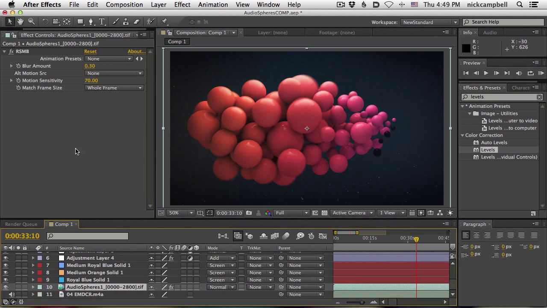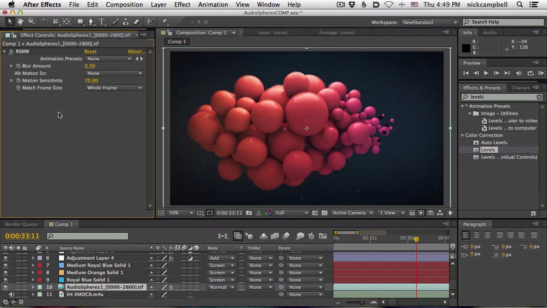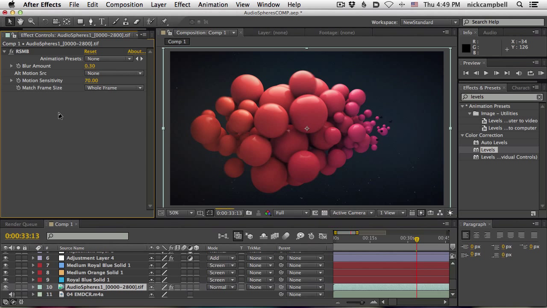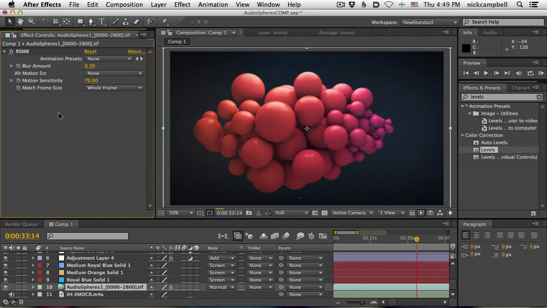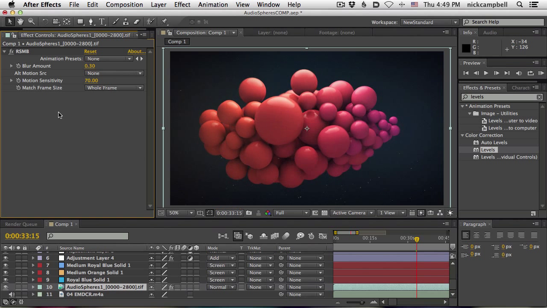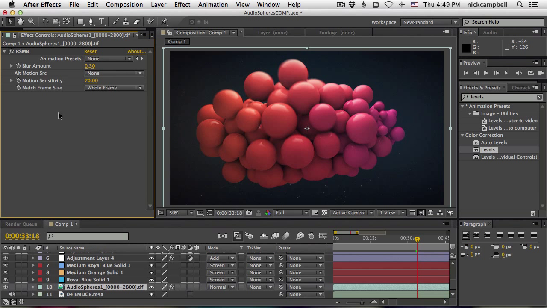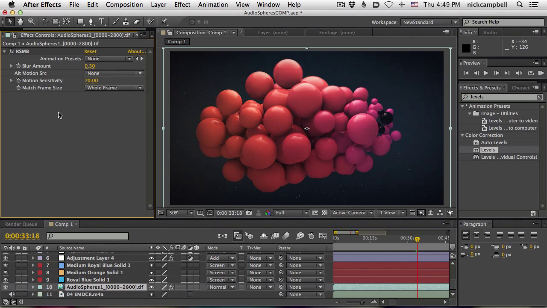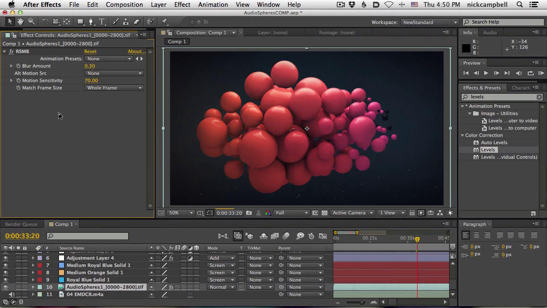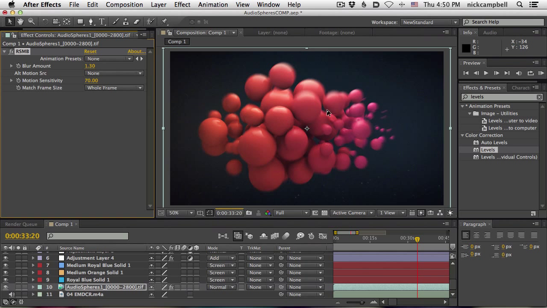So let's talk about the motion blur really quickly. The motion blur is from Real Smart Motion Blur. It basically looks at the motion of your objects and tries to guess where the motion blur is. This is much faster than rendering out a motion blur pass in 3D. Not as accurate, of course. If you need something really accurate, like helicopter blades or some really smooth, silky animation, you may have to bite the bullet and render full motion blur out of 3D. In this case, Real Smart does a great job most of the time, and you can dial it up and down and get more or less motion blur.